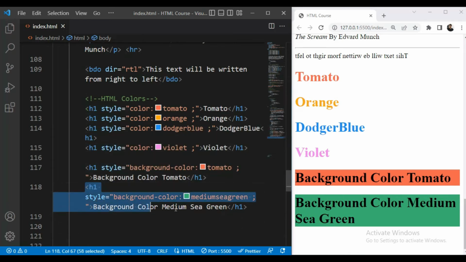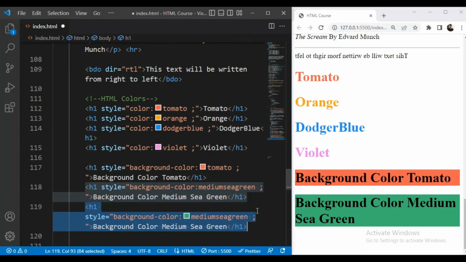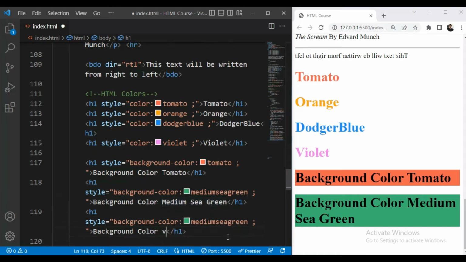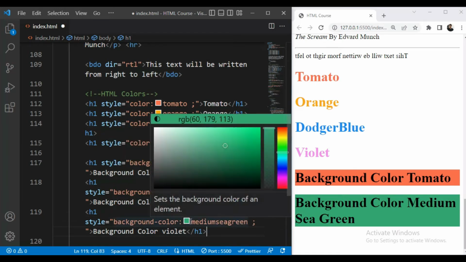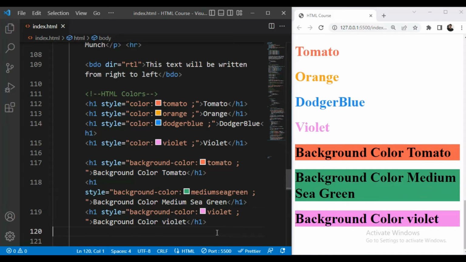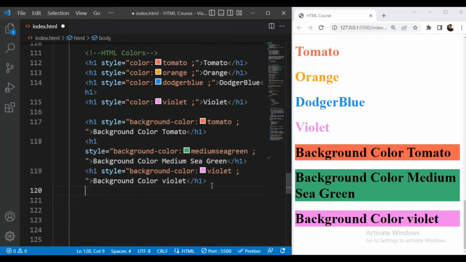Then next we will give background color violet, and here we will give the violet. Okay. Then similarly we can also give background color to our paragraph.